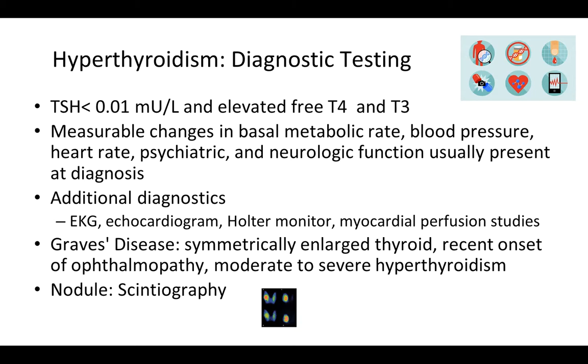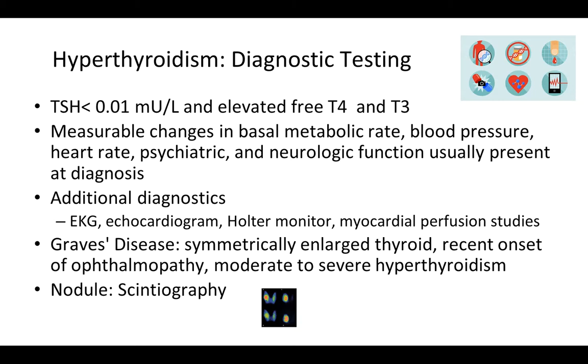You may see some measurable changes in the basal metabolic rate, blood pressure, heart rate, psych or neurofunction at the time of diagnosis. So there can be some issues there already present. Other diagnostics can include an EKG, an echocardiogram, or Holter monitor to look for those heart failures and the enlarging size of that right atrium, and then also looking at